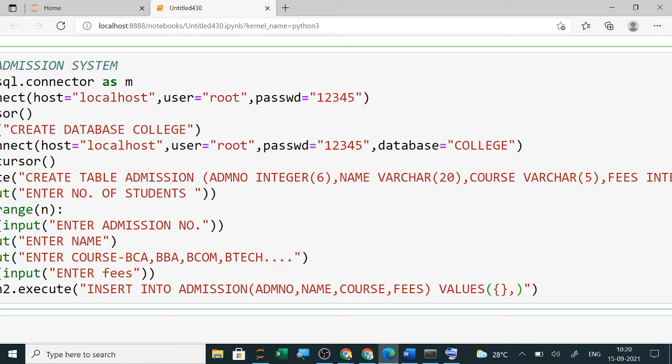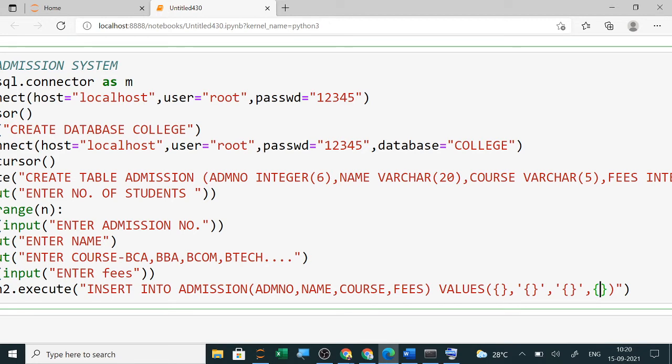Then the second one is a name, the third one is a course, and the fourth one is fees. So you can see whichever is a string I have kept inside the curly braces.